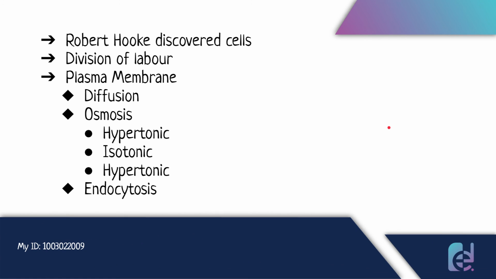So what we covered today: we covered that Robert Hooke discovered cells in the year 1665, that there's a division of labor in every living being, and that we covered the first main component of a cell, which is the plasma membrane. We looked at how it helps in diffusion, osmosis, and the three types of solutions, the hypertonic, isotonic, and hypotonic solution. And in the end we looked at